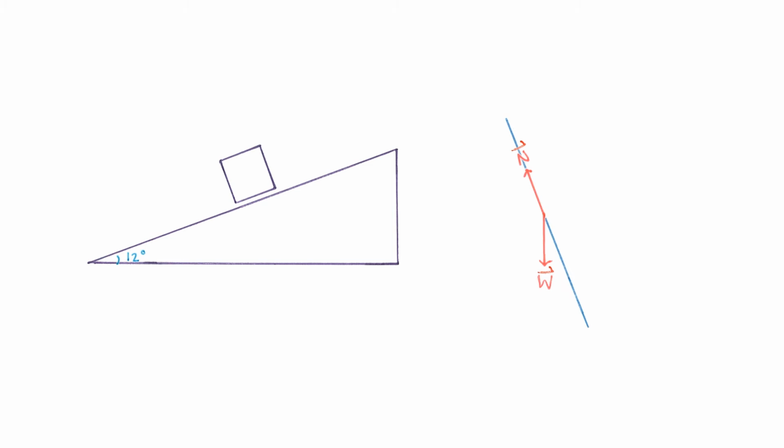Okay, let's add the tilted axis now. The normal force, the force by the ramp on the box, is already in the y-axis, but we need to find the components of the weight in this tilted axis. Let's see. This angle is 12 degrees. How do you know that? Well, they're similar triangles, so they're going to have the same angles, and this one is clearly the smaller angle in both triangles, so they have to match. And the larger one is 90 minus 12. Are you just eyeballing? Yep.